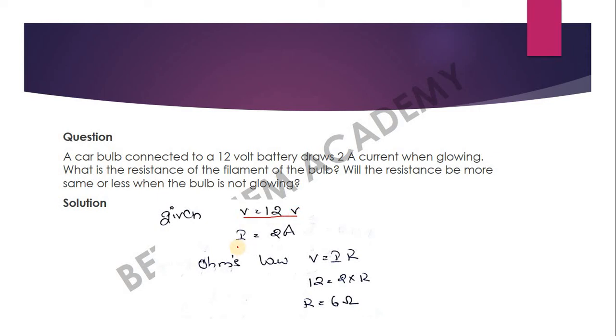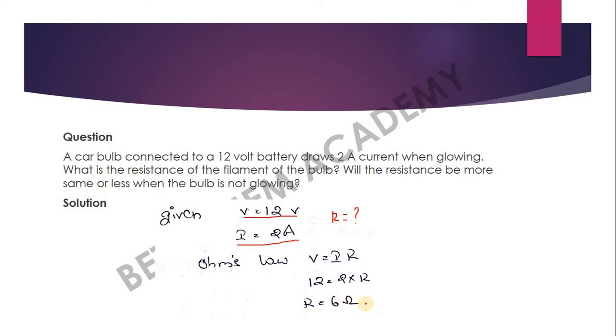V is equal to 12 volts and I is equal to 2 amperes. We need to find out R. This is the information that is given. So what is the formula that relates all these three? It is nothing but Ohm's law, V is equal to IR. So substitute V is equal to 12 and I is equal to 2, and R would become 6